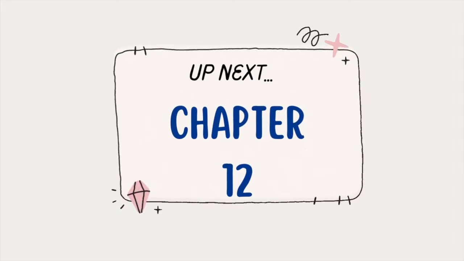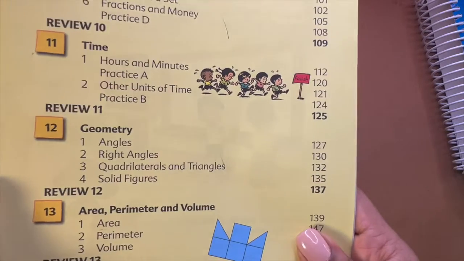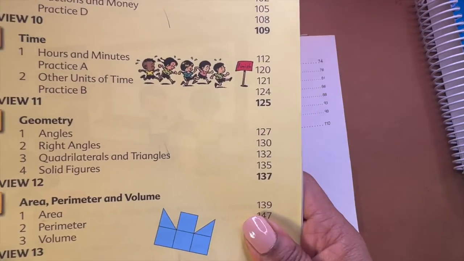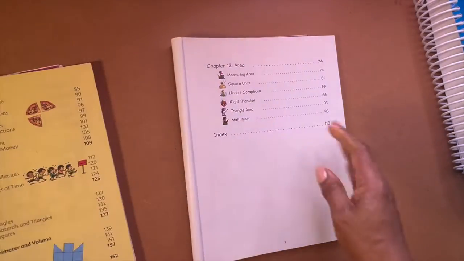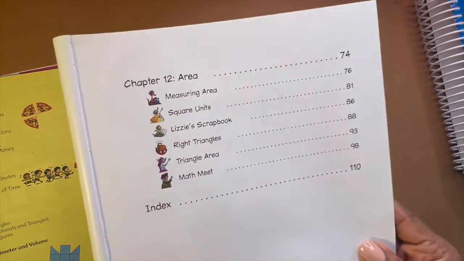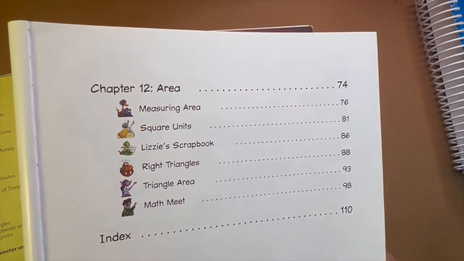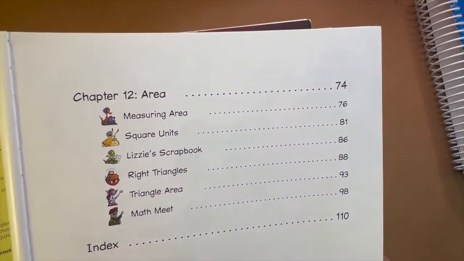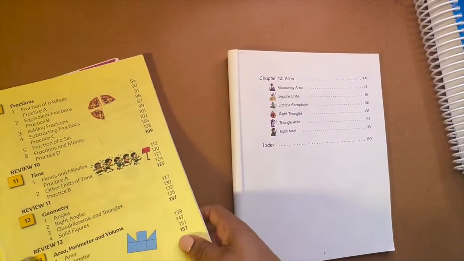All right, chapter 12, geometry, angles, right angles, quadrilaterals, triangles, and solid figures. That is chapter 12 for Primary Mathematics. For Beast Academy, the final chapter, which is chapter 12, is area, right triangles, more triangle work, square units, measuring area, okay? And then lastly,